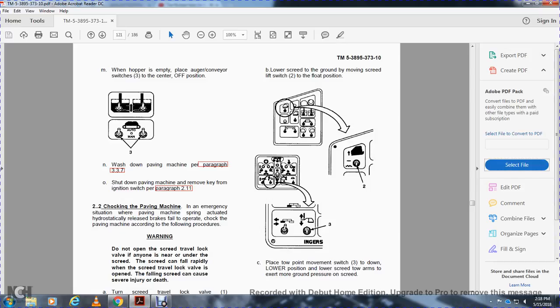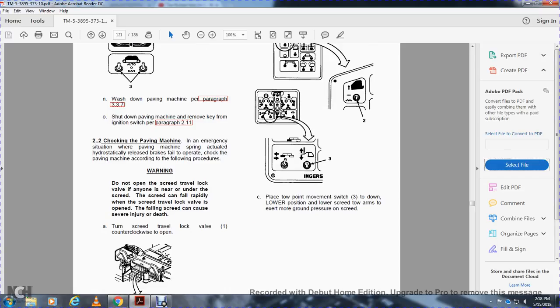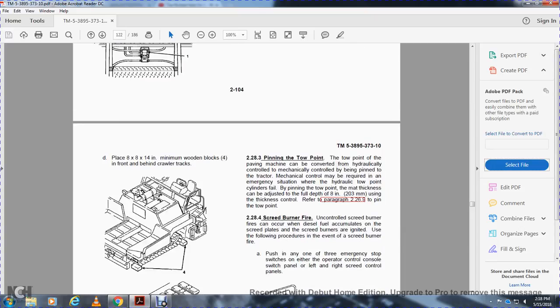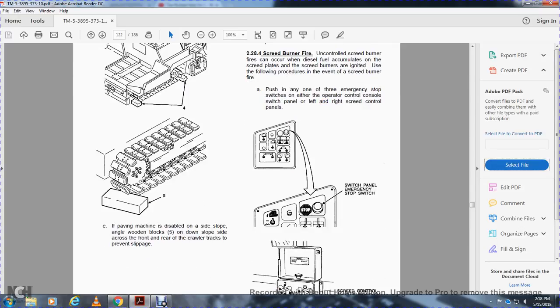Lower the screed to the ground, moving the screed switch to the float position. Move the low point switch to the down position. Lower the screed and tow arms to exert more ground pressure on the screed. Place 8 by 8 by 14 inch minimum wood blocks in front of the crawler tracks. If the paving machine is disabled on a side slope, angle the wooden blocks on the downslope across the front of the rear crawler tracks